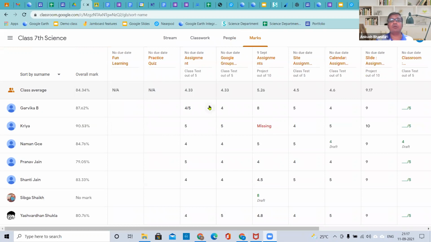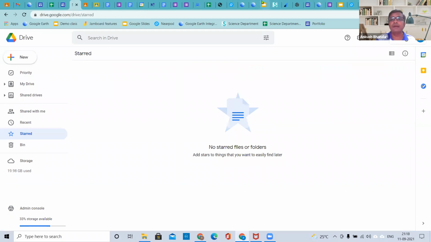Now here in the grade book, all marks of a subject are going to be here from different students. So I know the entire progress of my students. Generally, computing the marks in the Excel sheet and then giving it takes lots of time, right? So everything is now completely done for you. You don't have to do anything. Automatically, all the marks are captured over here, right? So this is a brief introduction to Google Classroom.